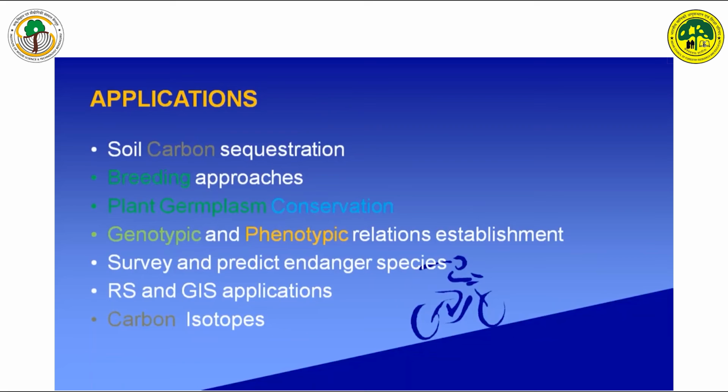And breeding approaches: which are the endangered species, which are high yielding, and what kind of better yield is required in the forest, in thick forest applications or afforestation aspects. The breeding approaches are going to be addressed with this. And plant germplasm conservation, where germplasm banks are there. What germplasm statistics do you have, and how do you improve this? What are the endangered ones, and how do you propagate and multiply them? Many more applications are going to be addressed.